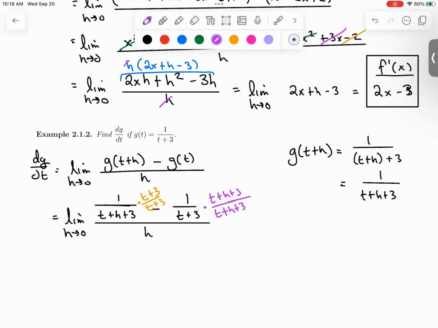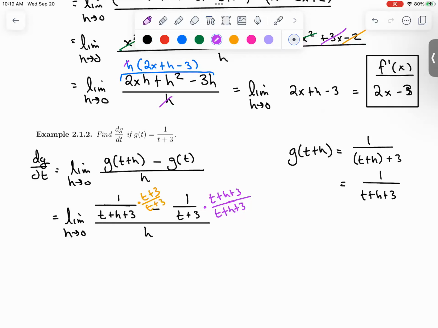By the way, if you watch my video on algebra that has to do with complex fractions, there are 2 ways we can deal with complex fractions. Complex fractions mean fractions within fractions. So this one has fractions in the numerator of a fraction. If you watch that video, or if you learned another way to simplify complex fractions, feel free to do it. This is just the standard way, but there is kind of a faster way, I think. But either way,